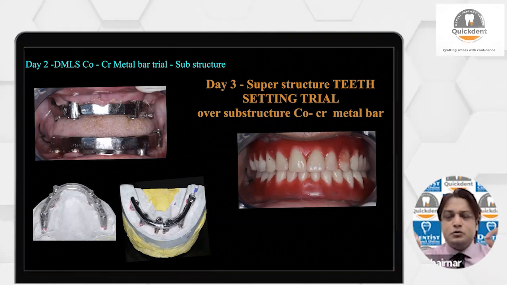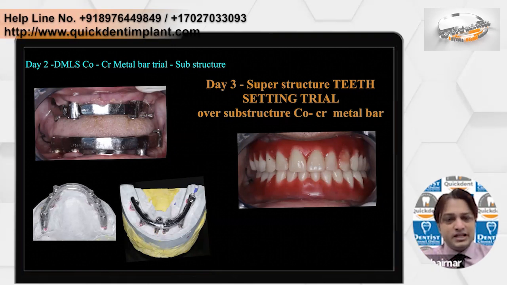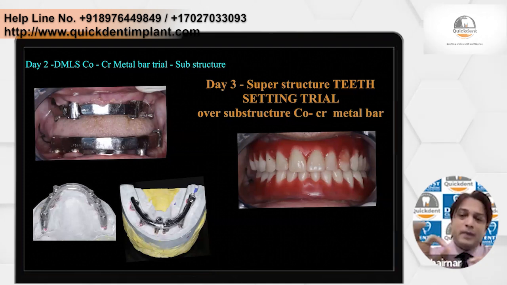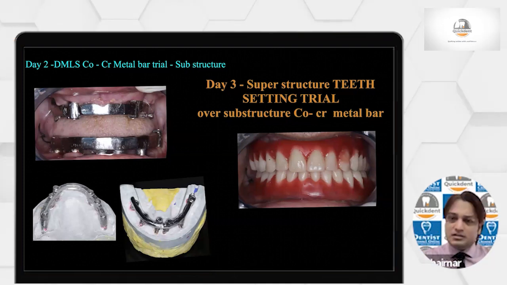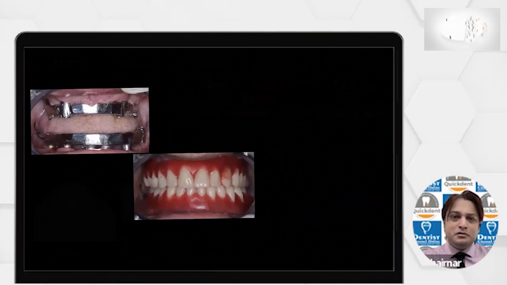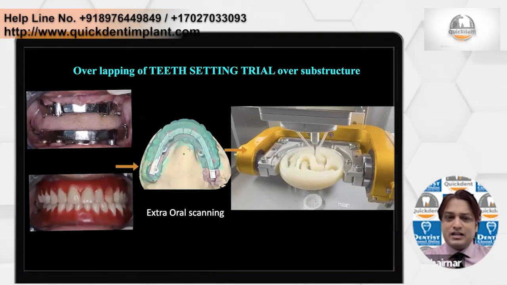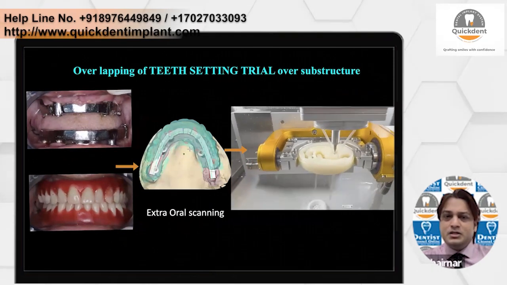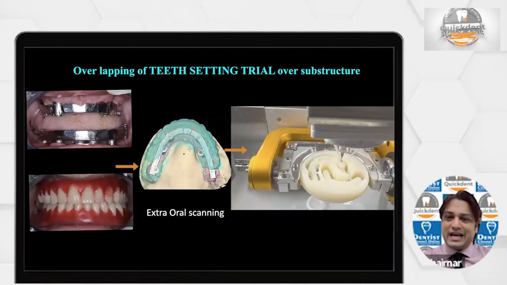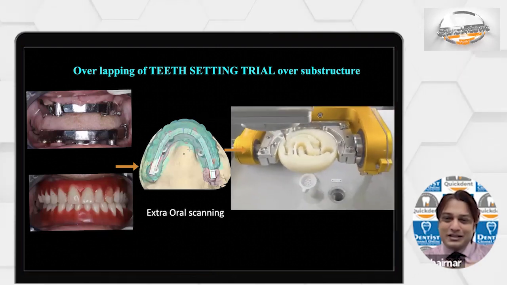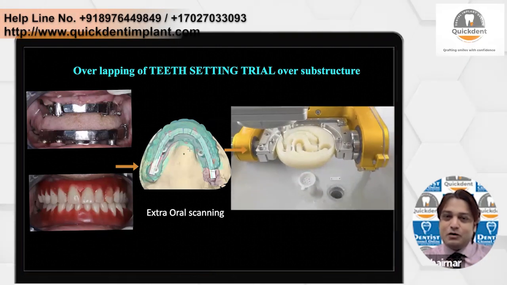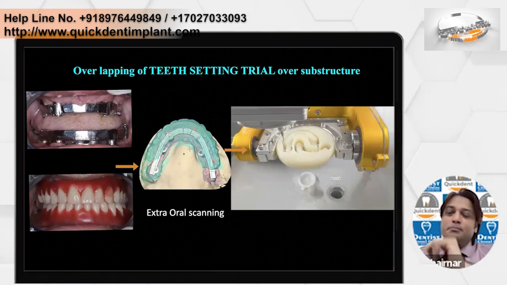That's just like what you do during your college days. In second year, you used to do teeth setting. So these minor modifications you do in the patient's mouth, and seal the teeth, and then this is sent to the lab. Now what will the technician do? The technician will overlap this, and he will scan it. According to the scan, now what he got is the position of the teeth. Accordingly, he will do the designing and he will print it.